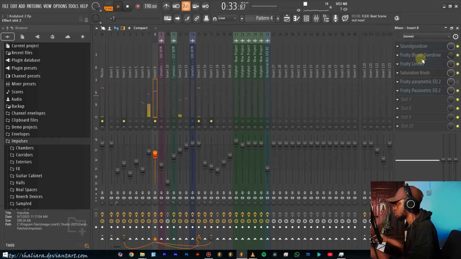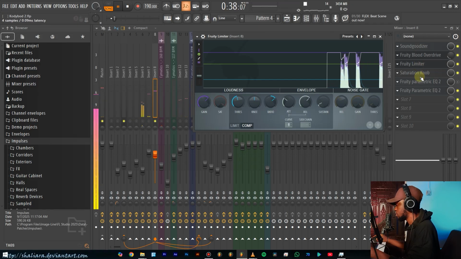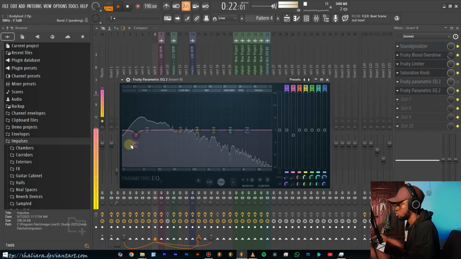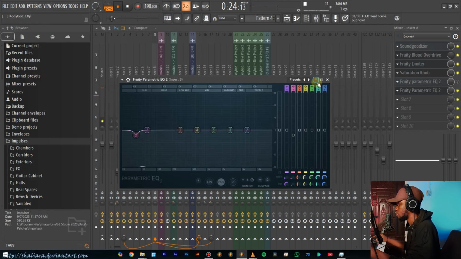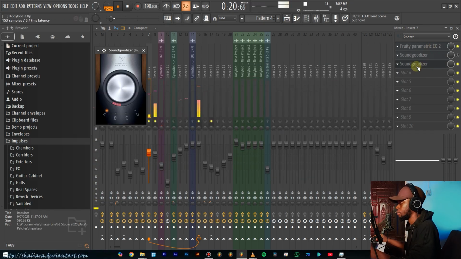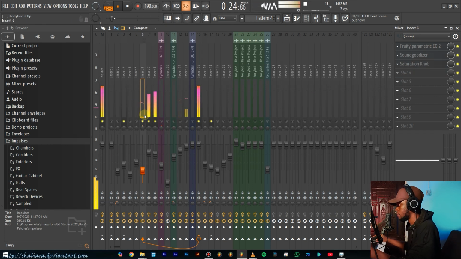Okay, first of all, we have a sound glider, distortion, compression with fruity limiter, saturation, and then lastly a parametric EQ to duck some of those low end frequencies that were too boomy. Then we have this snare right here, and this is basically just a parametric EQ and a sound glider. Simply that's just it. Then also again we have another snare,